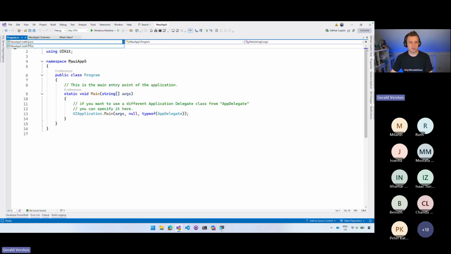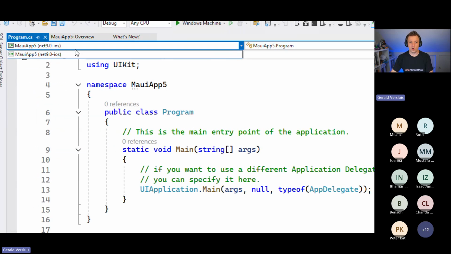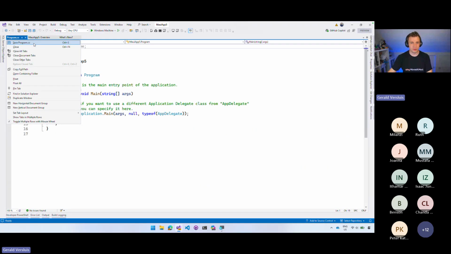And you can have this little drop down here in Visual Studio, where you can see what this code is targeting. And you can see this is only available for iOS, right? And if I go into,